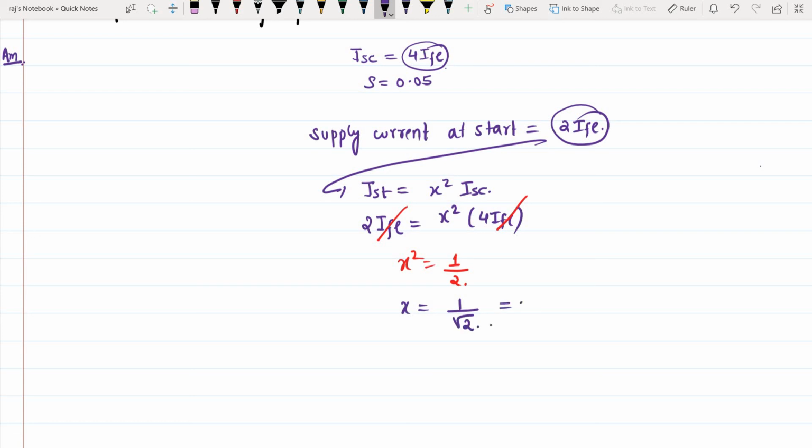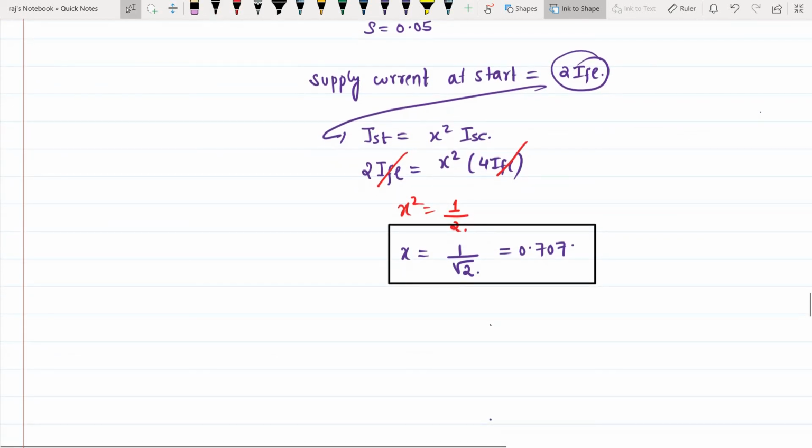Or 0.707 आ जाएगा आपको. Okay, now this is 70.7% की टैपिंग होनी चाहिए. Now you can calculate the relationship between tau st and tau fl. So you know tau st by tau fl